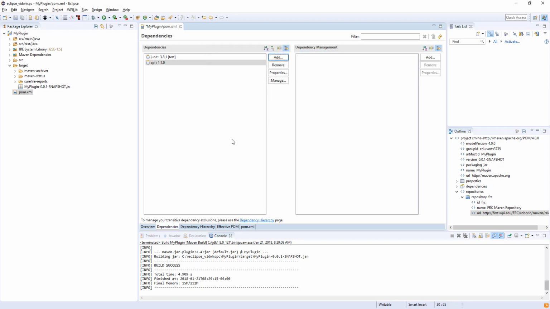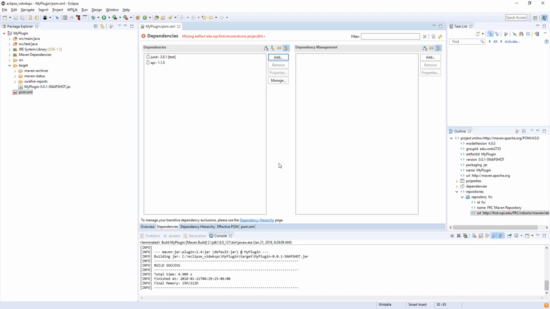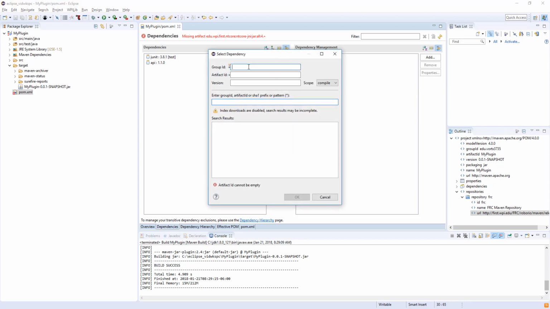And we click OK. Now I'm going to save this, and it's going to try and download the dependencies, and normally any dependencies that are cascaded from that dependency should download, but for some reason, and I haven't really looked into this very much, it is missing other dependencies. So I'm going to add these dependencies one by one, and we were able to make this work by adding these dependencies. So add, again, group ID